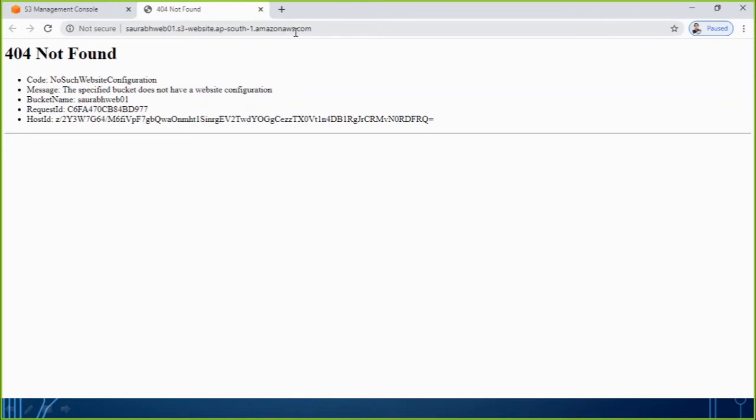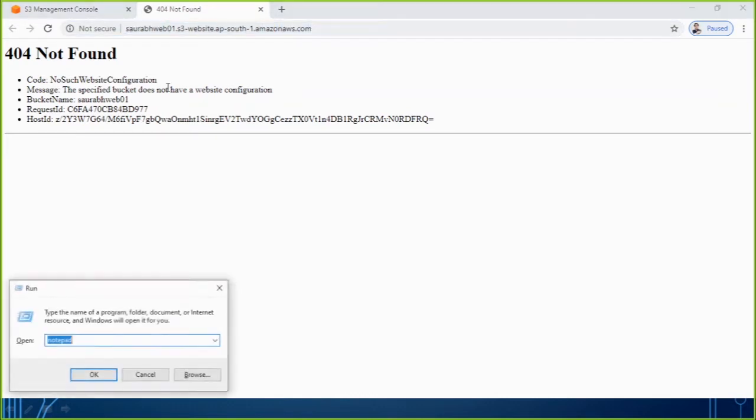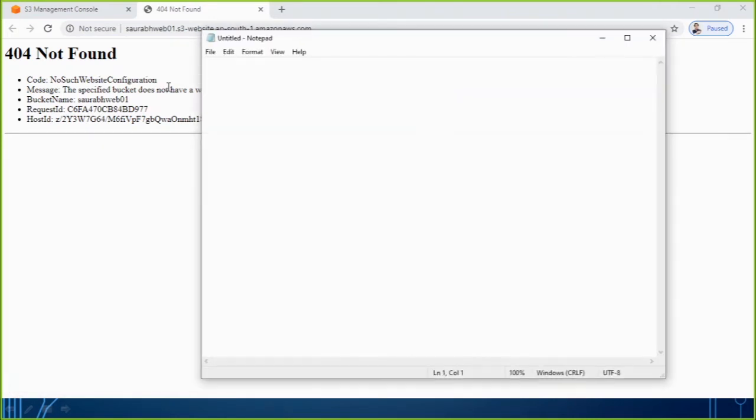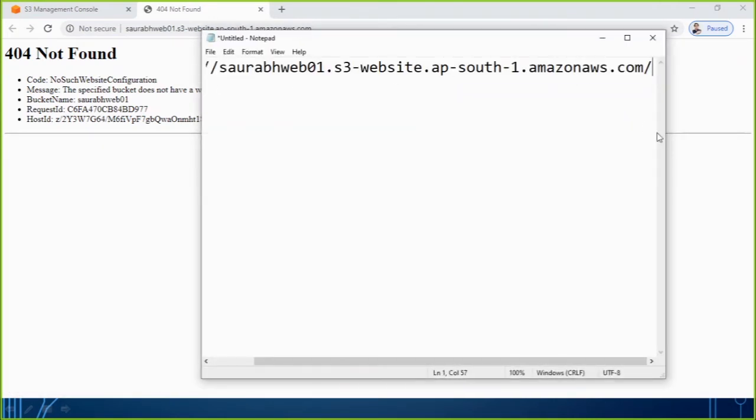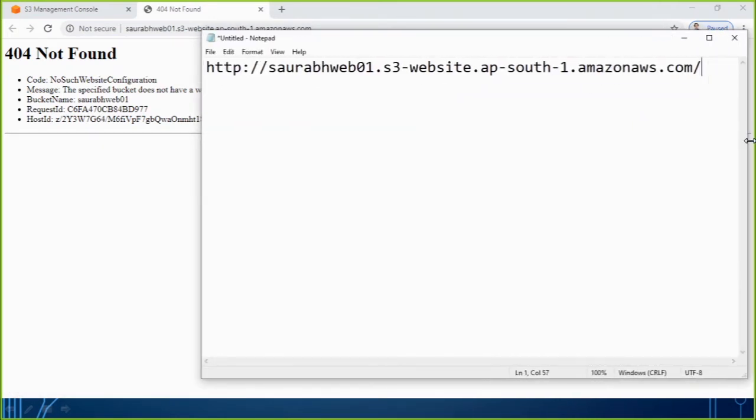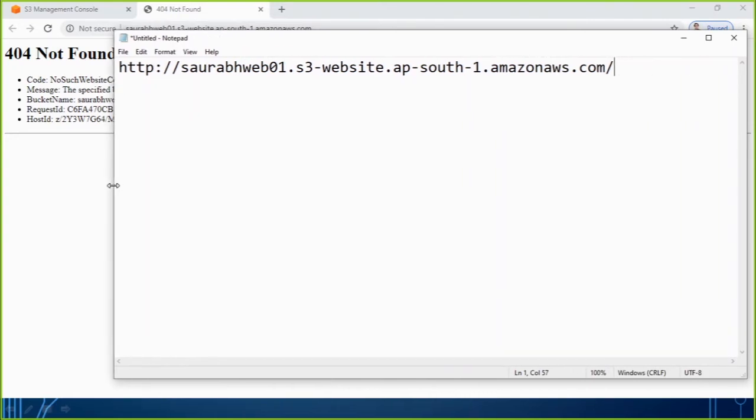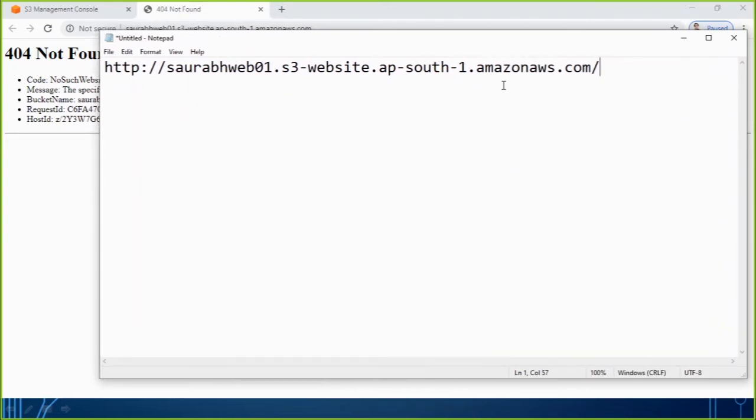Right now it is giving me an error. Why it is giving me an error, I will explain now. So let me keep this here, that this is the URL, and this will become the URL for your website. You remember this is my bucket name, Saurabh Web 031.